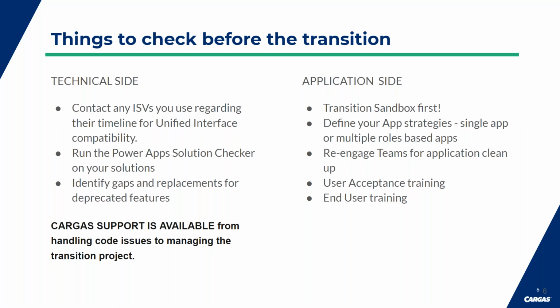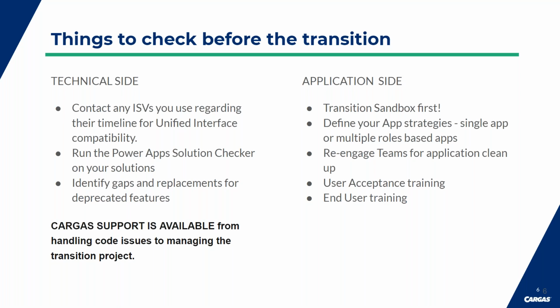The second thing is that Microsoft released a Power Apps Solution Checker, which is a technical tool that runs through things like plugins, custom code if you have JavaScript on your forms, and it will flag those things and give you a report of things that need to be adjusted. So that's a very handy tool that you can see very quickly what the gaps are, what features have to be replaced, what things are going away, so that you can deal with that before you're moving to this new interface. Cargis obviously is available for technical support,